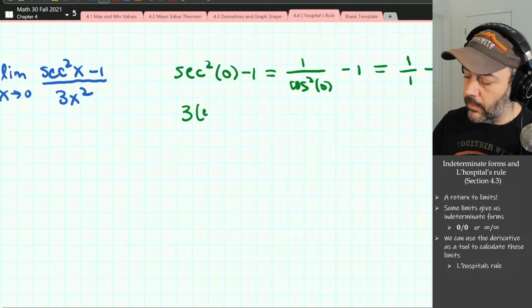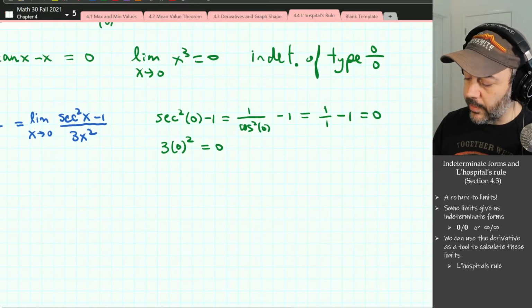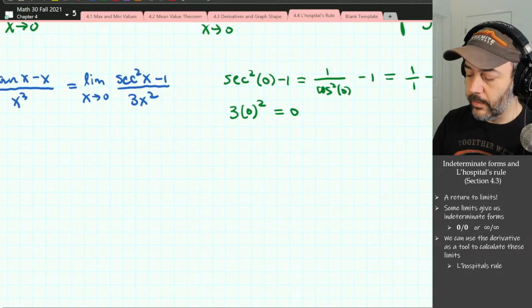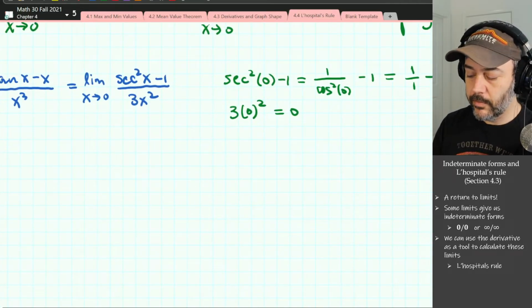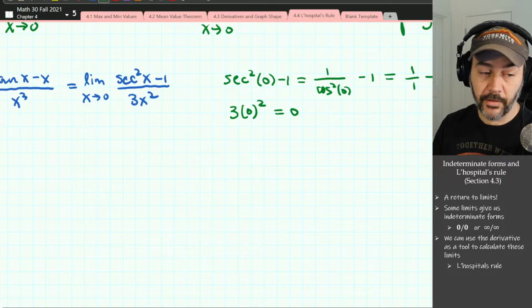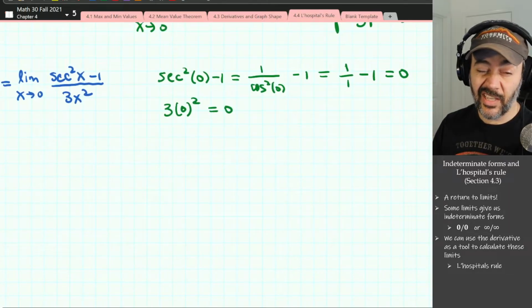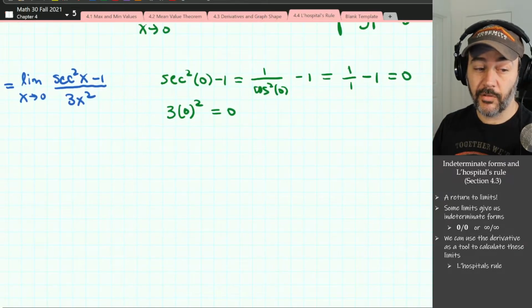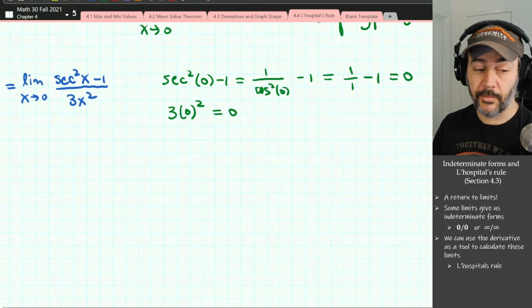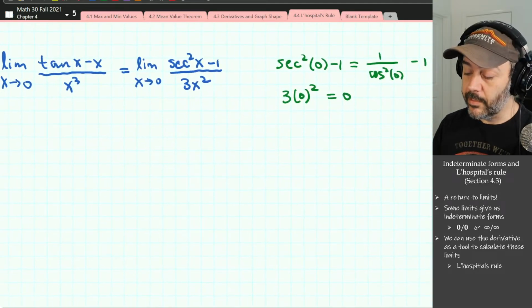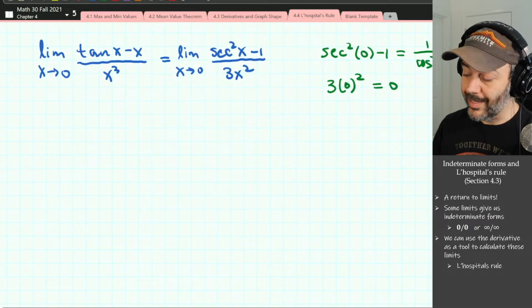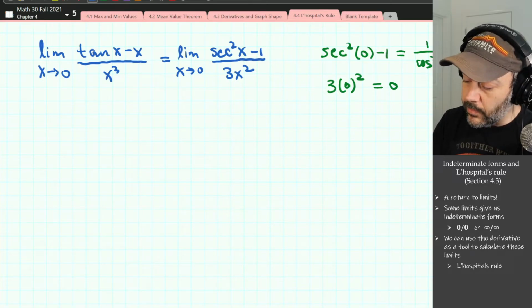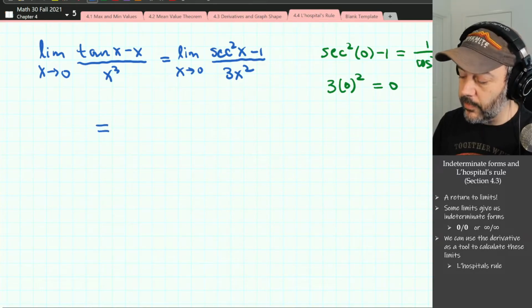3 times 0 squared is 0. So can you see that the limit of the numerator is 0. The limit of the denominator is still 0. So we're still getting 0 over 0 when you do direct substitution on the top and on the bottom. So that means we can apply L'Hopital's rule again. So that means this equals